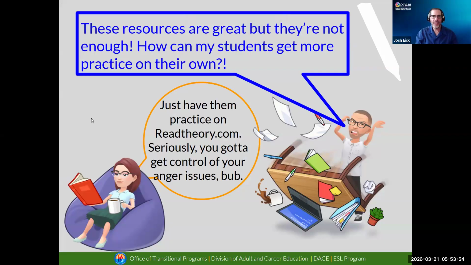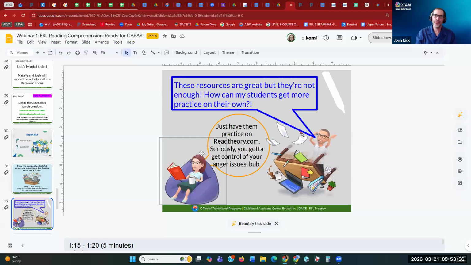Okay. So if you've never used readtheory.com before, it is fantastic. It is basically a million CASAS sample questions on one website.